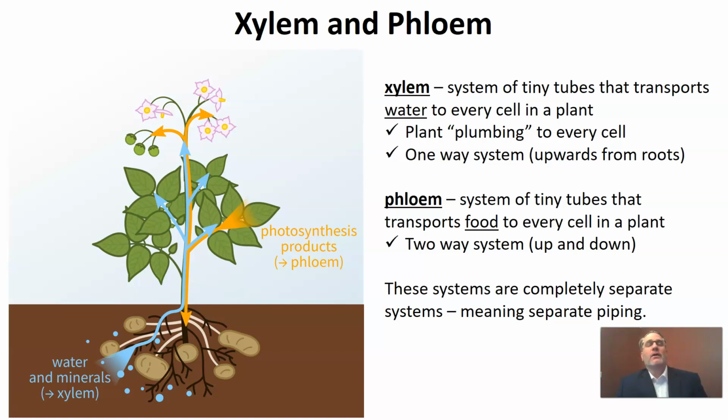It's kind of like the hot and the cold water that runs to your faucet. Of course, if we mixed that water together, we would just end up with warm water. But we want either hot or we want cold. So plants have two piping systems, the xylem and the phloem, and they're completely separate. And if you think about it, this is very much like the human circulatory system that moves blood around. And so, if you think about how our circulatory system looks and how it operates, the plant system operates in